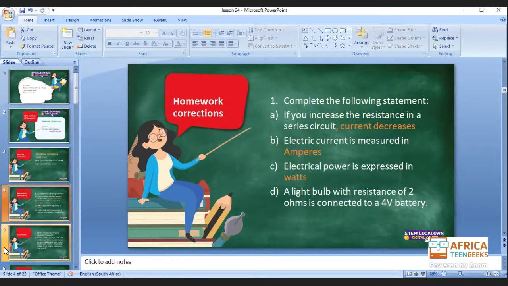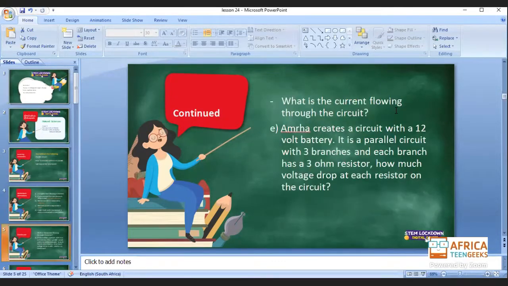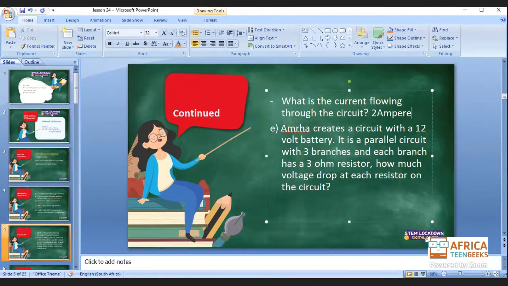I'm not going to do anyone's homework here, so everyone is going to answer. The answer is 2 amperes. We can write 2A or 2 amperes, but I prefer you write 2A only because the marker will know that you are talking about amperes. Then the last one is